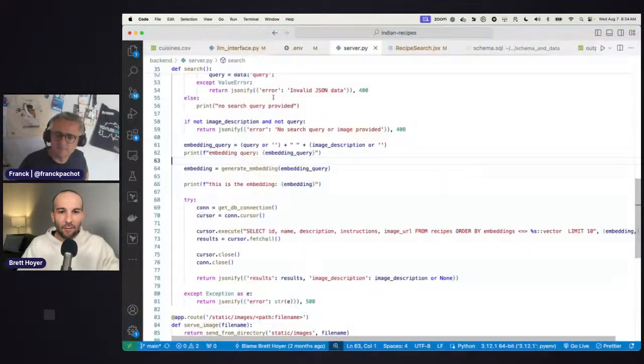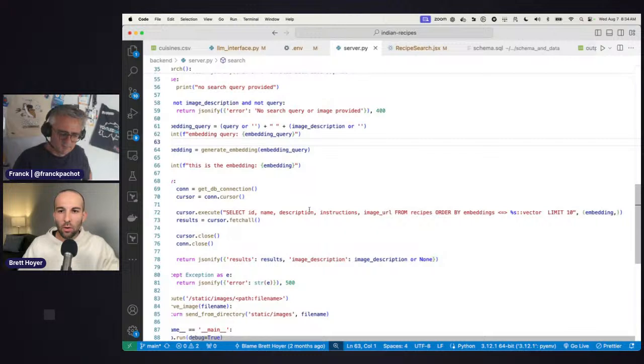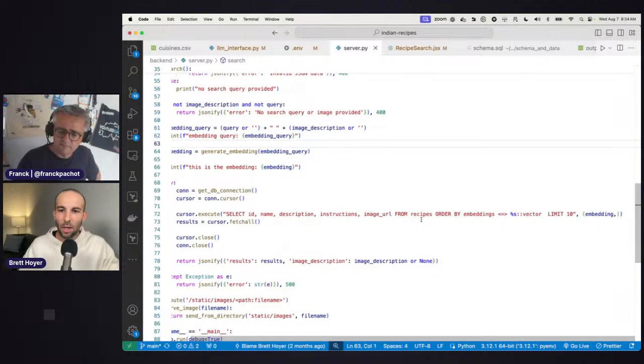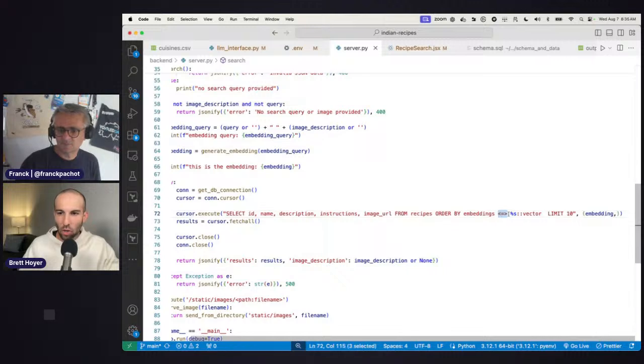And we now have the ability to query our database using similarity search and pgvector. So we are querying for a name, description, instructions, and an image URL from our recipes table. And we are ordering based on the embeddings using cosine similarity search, and we are returning 10 records. So what this is doing is essentially comparing the embeddings in our embeddings column to